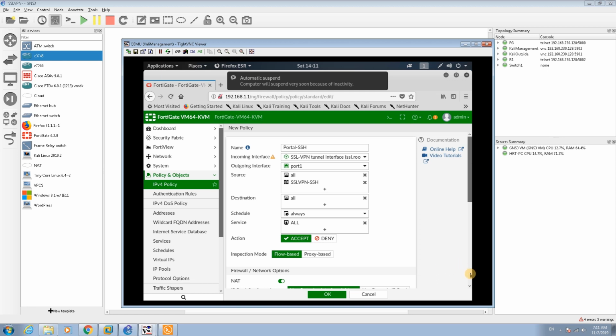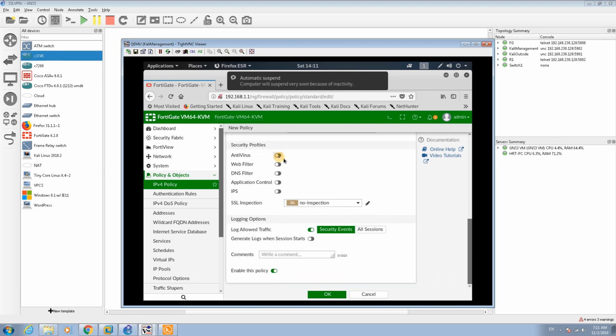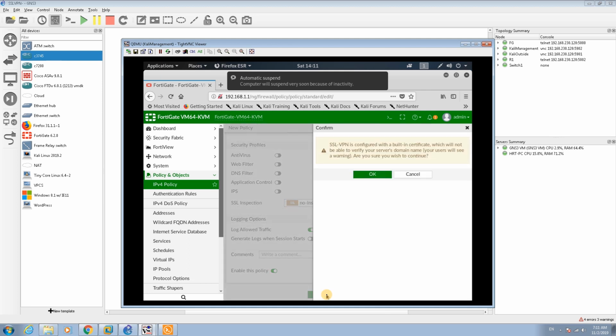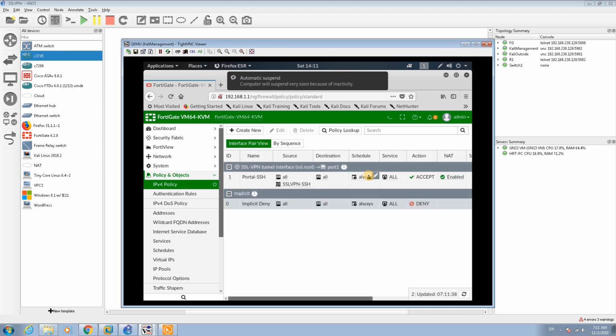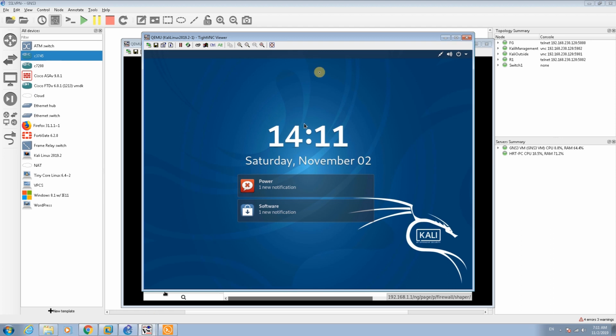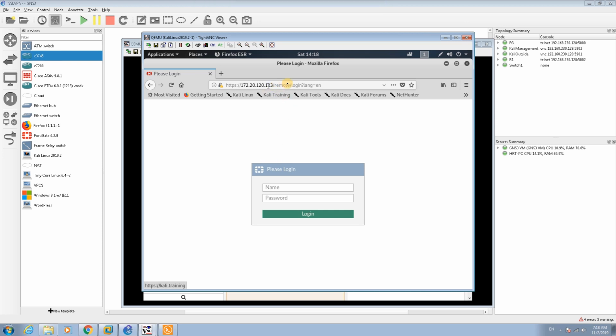And what else do we have? NAT is enabled. If you want a security profile, you can enable it here, but I'll leave it as default. Okay, and now I have a policy from the outside to my portal. So I go to Kali Linux outside, and I come to Firefox and enter the IP address